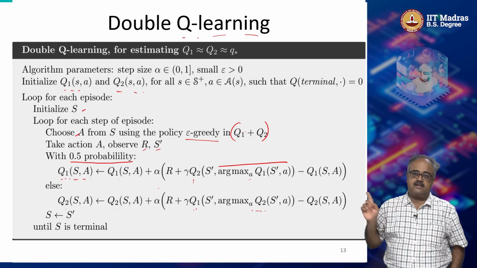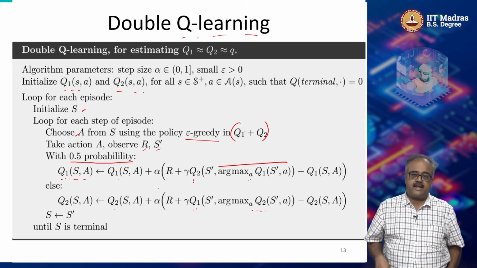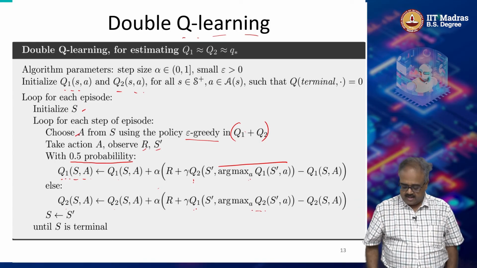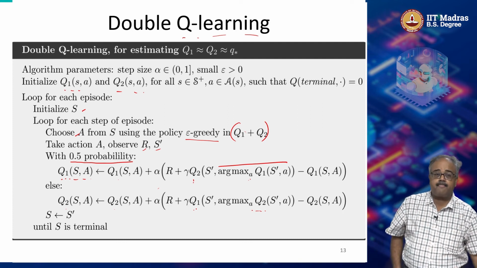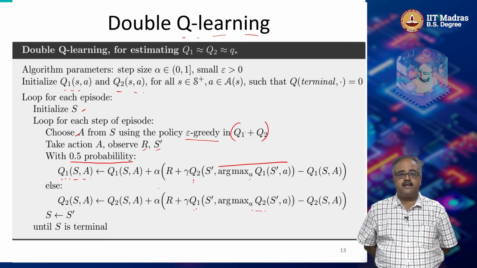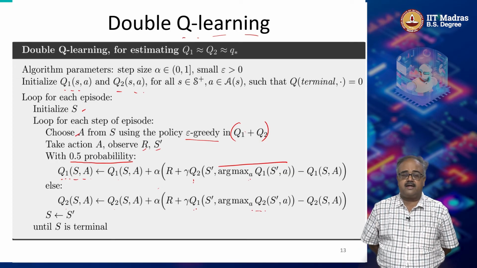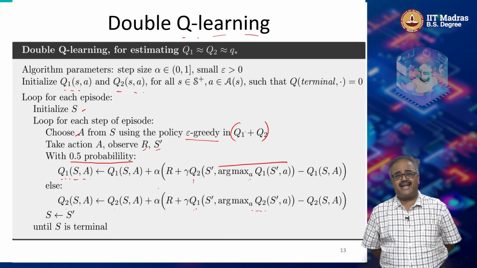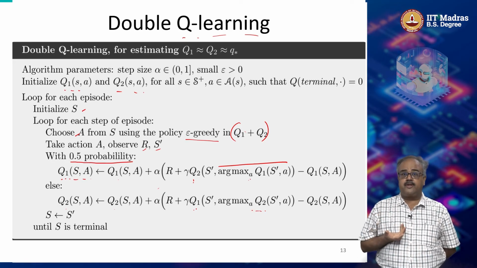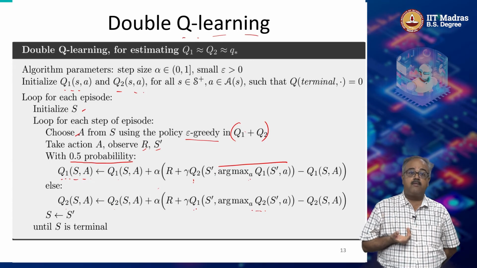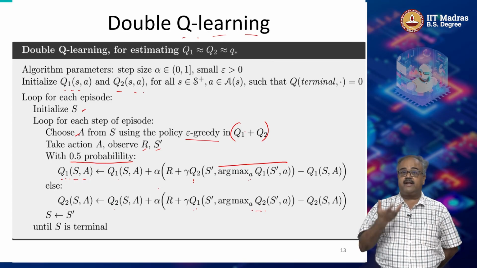So, that is the first loop, and then you keep doing this again and again for multiple episodes until you reach the end, okay. It is a very simple idea. Double Q learning has a very simple idea behind it, and again like I said, it is a heuristic. We can show that if you use double Q learning, both Q1 and Q2 will converge to